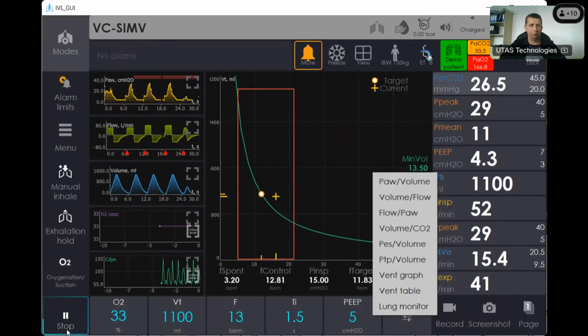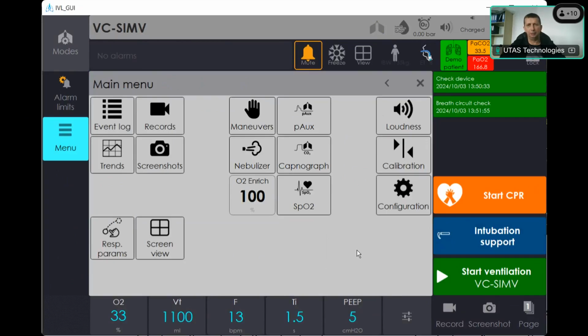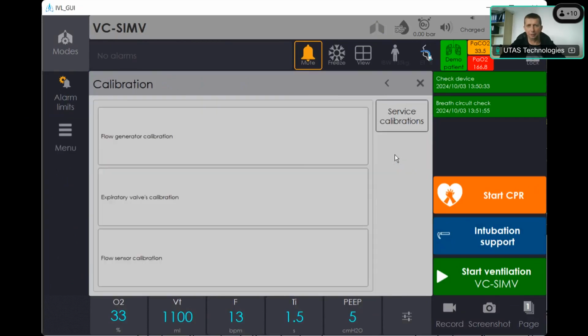So we need to stop the ventilation. You cannot make a calibration on the cycling ventilator. Then in the menu, you can see the calibration is available, and we have 3 types of calibration available for the end user. So flow generator calibration, you don't need to perform frequently, only in case if you move the ventilator with